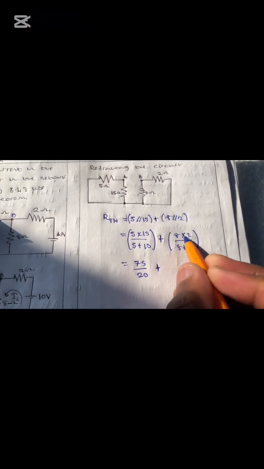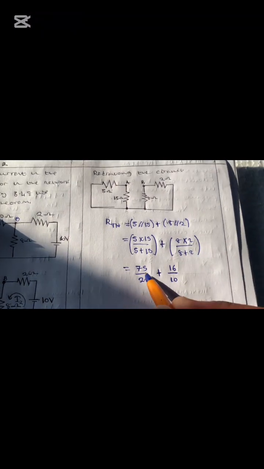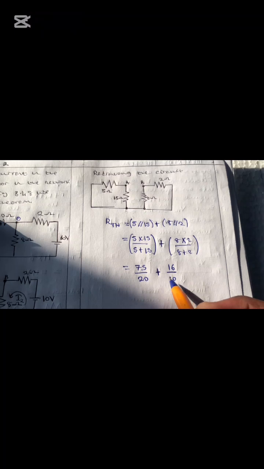You add them, and then we have 8 times 2, that's 16, and then 8 plus 2, that's 10. And then you can add the two that were in parallel, since now they are in series. So you just look for a